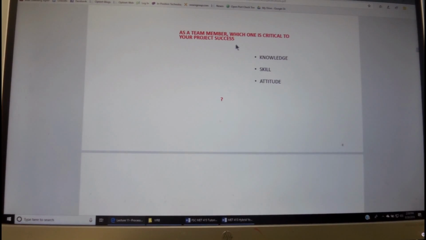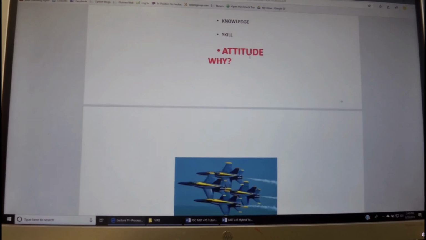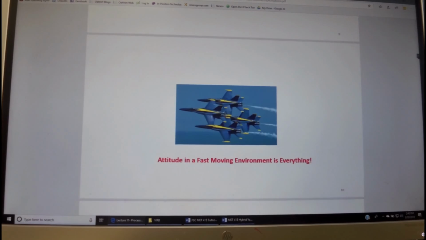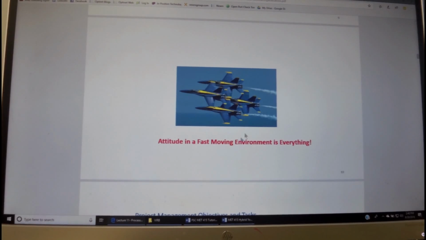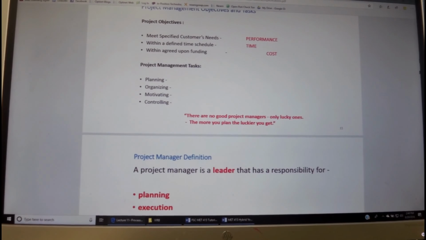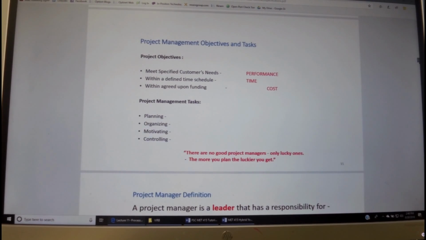As a team member, which one of the three is the most important to project success? Well, it's not knowledge and skill, it is attitude. And the reason why it is attitude is because in a fast-moving environment, such as a project, attitude, as we see here in the Blue Angels, is everything.